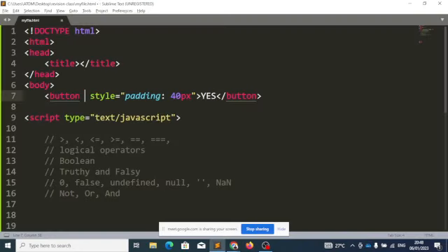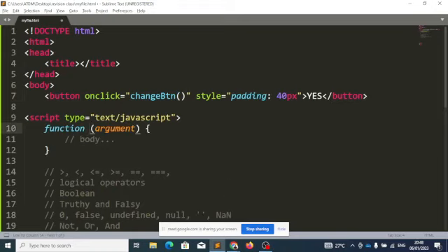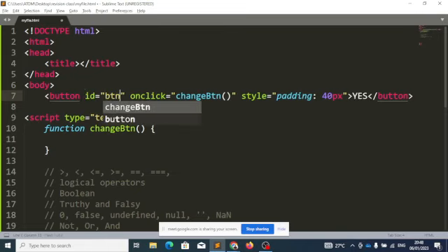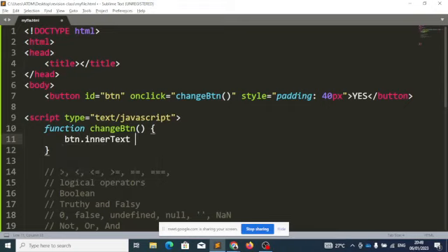So you can come here and say onclick, change it here. So create a function and return. Then I want to change what you have inside this button. So I will give this button an ID. I can call it btn. So that becomes btn dot innerText equals no. So when we click on this button, whatever we have inside this button, we change to no,